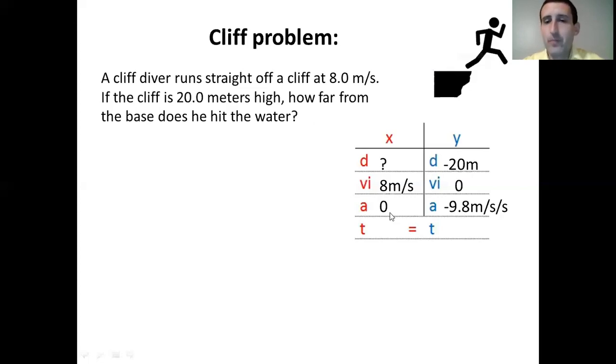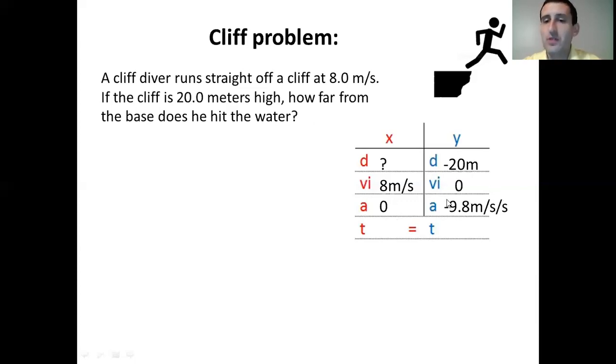And I'll give you a hint. In this class, the horizontal acceleration is always going to be 0. Okay, we don't have constant accelerations that we're familiar with on Earth. And so the horizontal acceleration in the air is going to be 0. It's actually part of the definition of a projectile. A projectile is an object flying through the air only under the influence of gravity. So by definition of something being a projectile, its horizontal acceleration is going to be 0. And its vertical acceleration is going to be that of